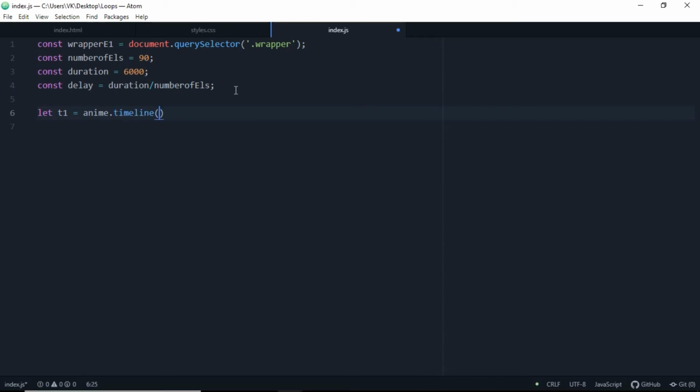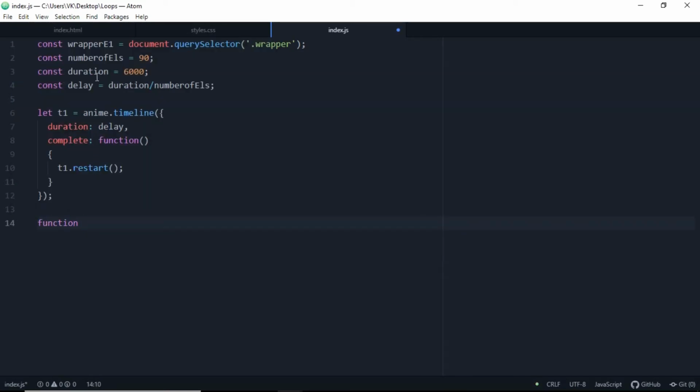And let's declare let tl is equals to, so we are going to use now anime.js, anime.timeline here. So add a function, and inside that we'll add a curly brace. So duration will be, keep it as delay. Duration will be delay and comma. On complete, we are going to have a function here which is tl.restart, which is going to restart everything present on the web page. That is basically the loop here, circular loop you can say.